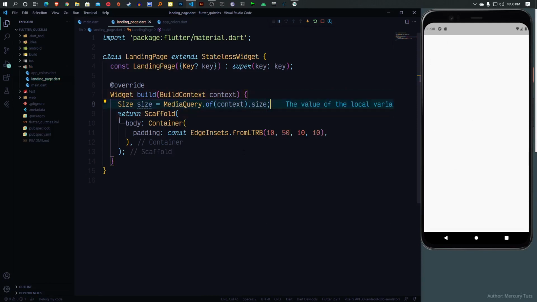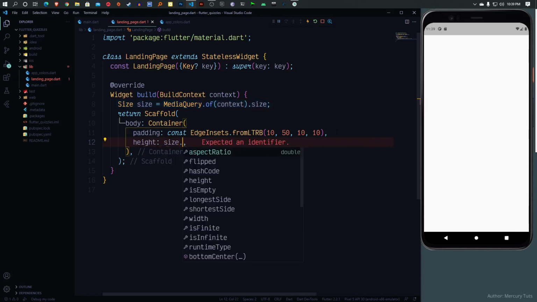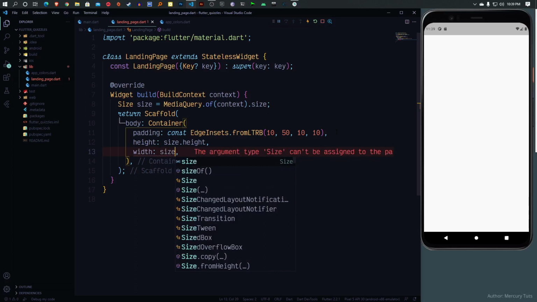So at this point, I'll end in here. Okay, and this is how we are going to use it. So in our container, our height, instead of me saying something like 200 or 300 or something like that, I'm just going to say I want my container to be as tall as the size dot height. So whatever device you have is going to be as tall as that. I hope that makes simple sense. And we are going to do the same thing with the width. So size dot width,